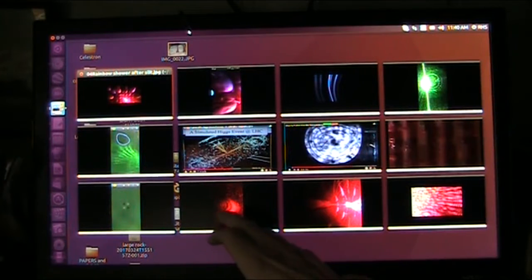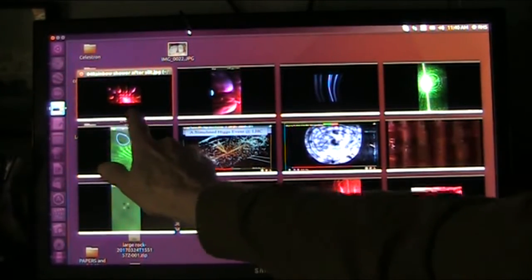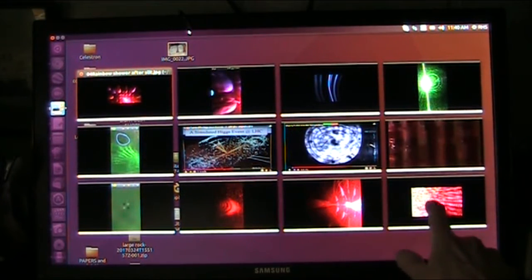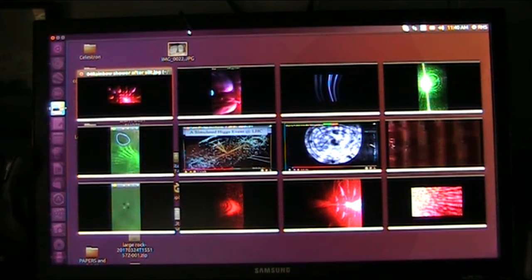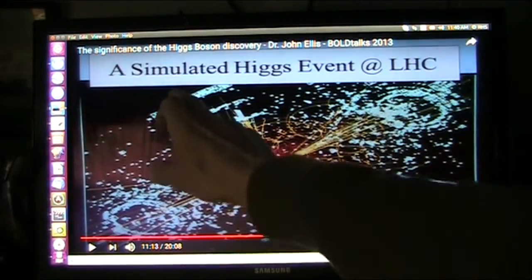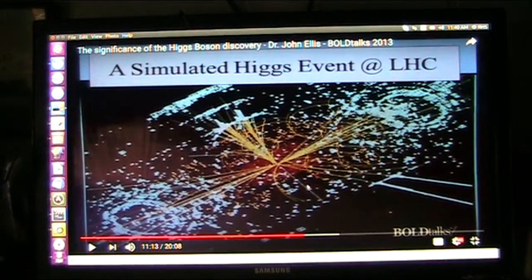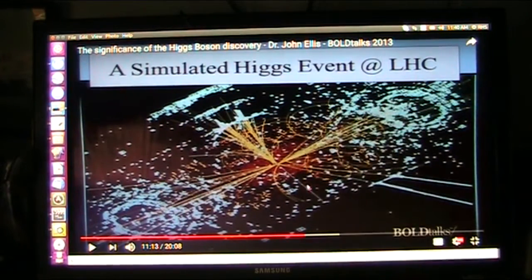So now we've seen light, accelerated, chaos. What comes out of the chaos? What does it turn into when it slows down? It turns into Higgs bosons. And before I show you what our Higgs bosons are, I'm going to show you what CERN would like to see for Higgs bosons. A simulated, not the real thing, they don't even have the real thing, Higgs event at the LHC, the Large Hadron Collider.